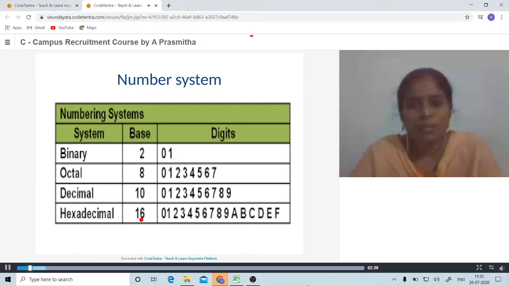In hexadecimal, a total of 16 numbers are allowed, we start with 0, the numbers go up to 9, and after that 10 is called A, 11 is B, 12 is C, 13 is D, 14 is E and 15 is F.